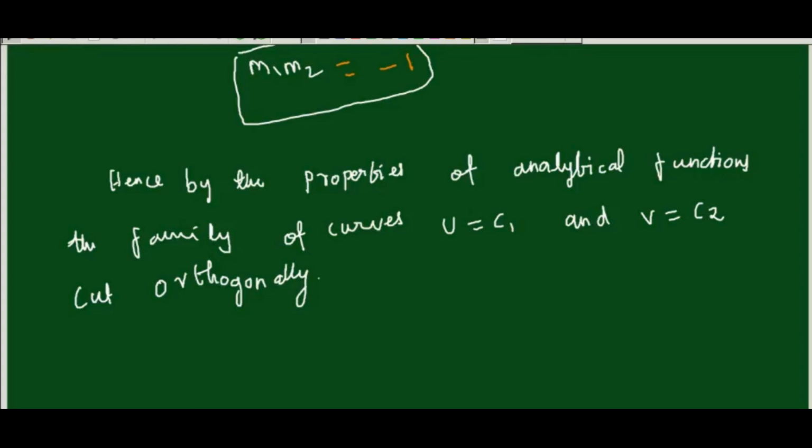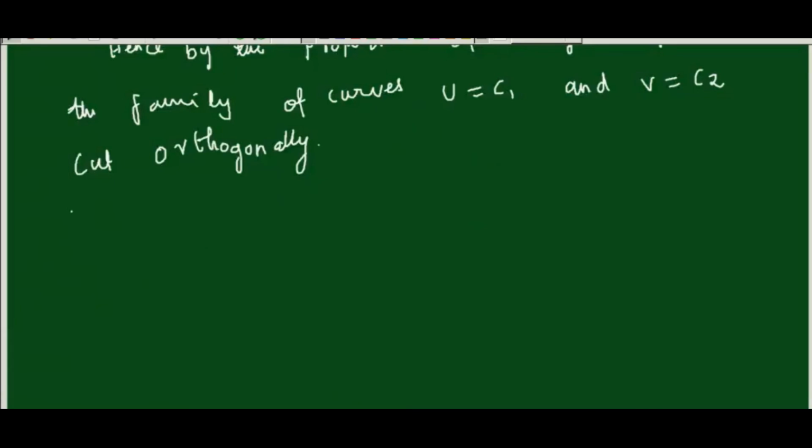I'll give you one problem, the same procedure. Try to do this. The work is you have to find the value of u and the value of v. After that, you have to consider u as C1 and v as C2. Okay, so the next problem, the second problem, this is the seventh problem.